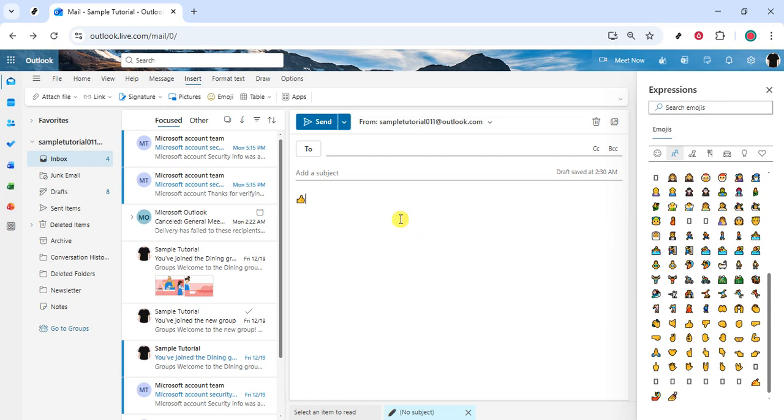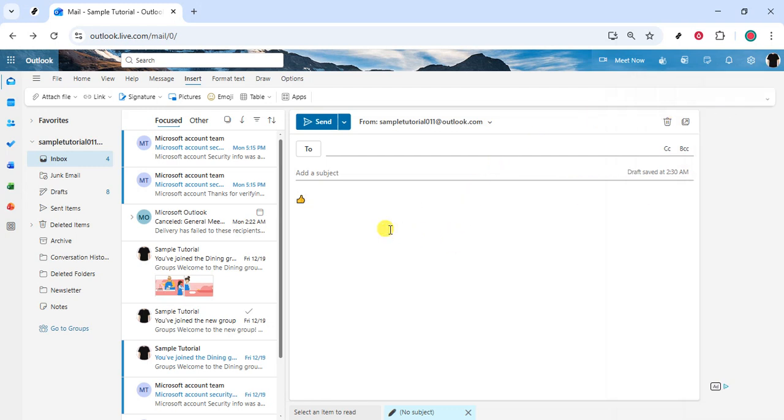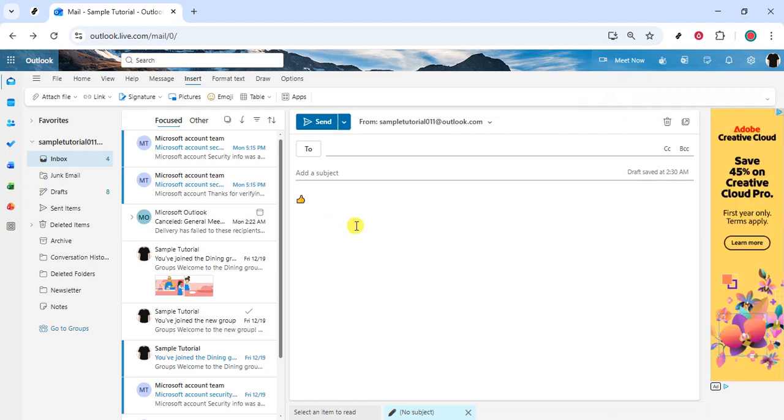If you're working on a smaller screen and don't see Insert, look for the three-dot More menu on the toolbar. The emoji option may be nested there. And if the emoji panel doesn't open, refresh the page or try an up-to-date browser. The thumbs up is a standard Unicode emoji, so most recipients will see it correctly, though style can vary slightly